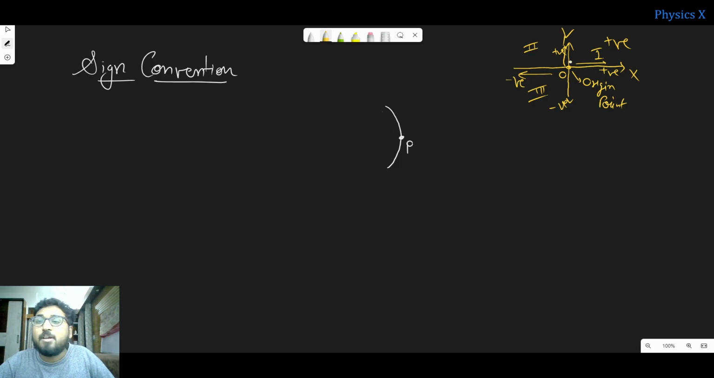In the second quadrant, y is positive. And in the fourth quadrant, what happens? X is positive and y is negative. So this is the similar case. You take this pole as origin. Consider this pole as origin